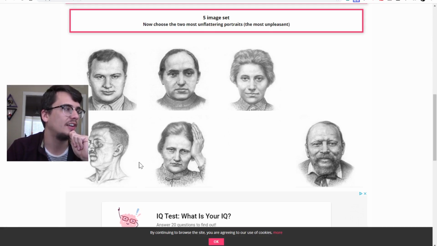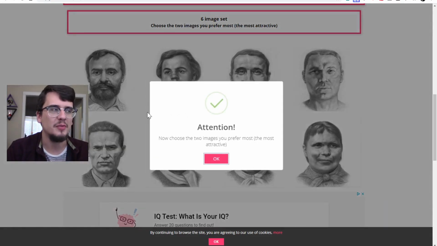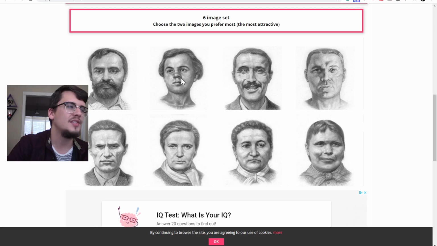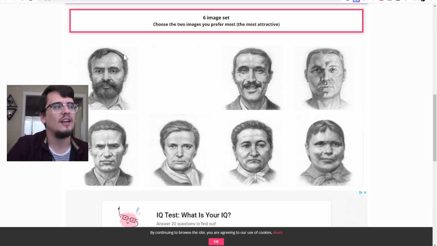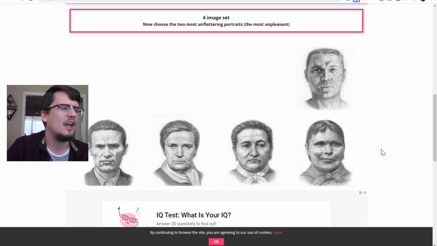Okay, so unflattering. Well, clearly this guy rubbed me the wrong way early on in a way that haunted me quite a bit. And then the guy whose face is basically a gigantic thumb, he's scaring me the most. Like, he could just snuff you out. This guy, something a little bit off, but of the choices. And then there's something I like about this guy as well. There's a kindness there. Unflattering, for sure, this person. And then I'm not really